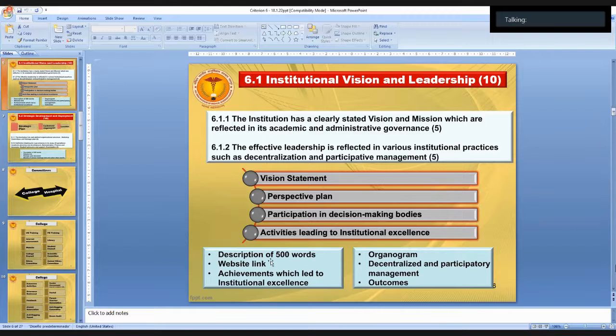The other issues in 6.1.2 are in terms of the organogram. Organogram means your institutional hierarchy, starting from your dean or your management, whatever it is, till the lowest official cadre in your institution. The participatory management and the outcomes. Which are the various committees? I'm going to talk of the various committees in detail and the significant outcomes as a result of the functioning